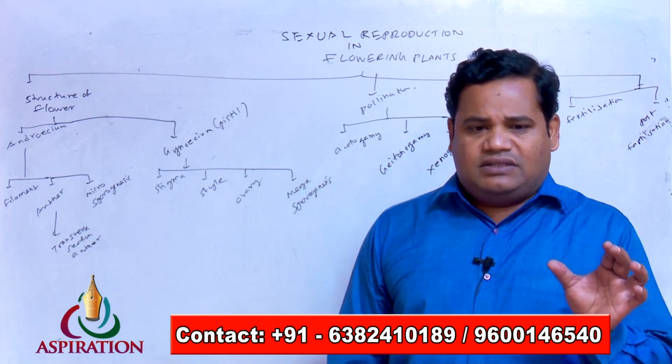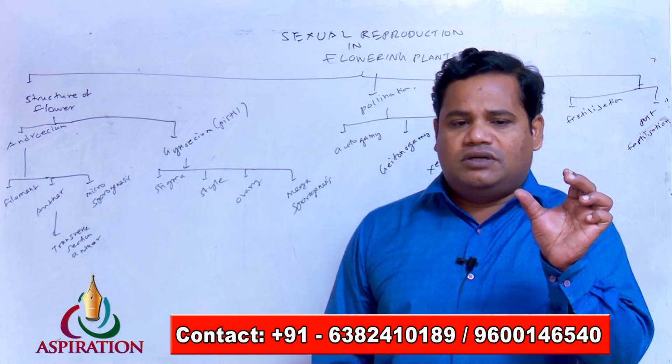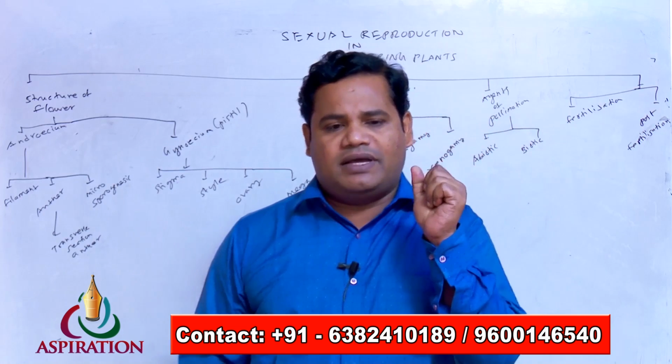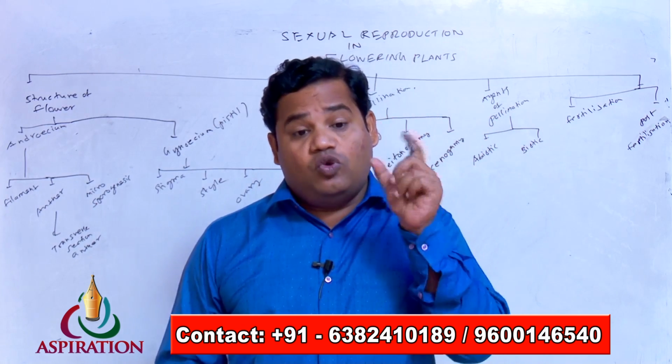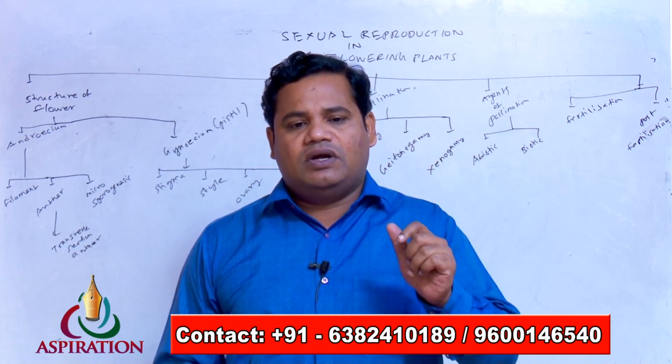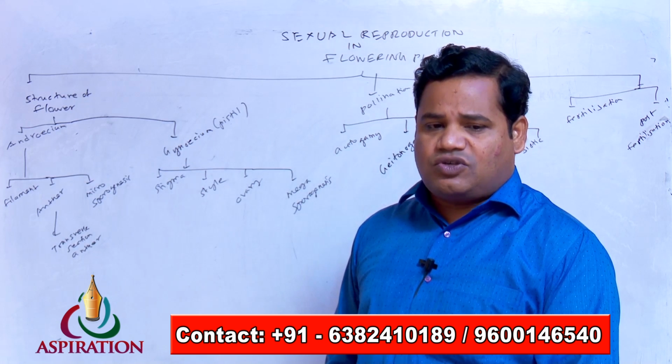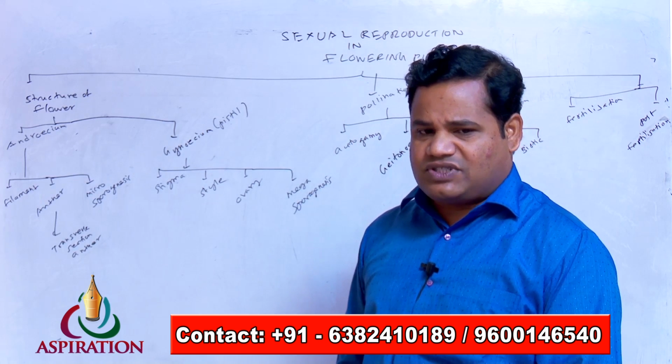So usually the anther is actually a bilobed structure that has normally two theca, so each lobe has two theca, we call them dithecous. And a transverse section of anther, if you study the transverse section of anther,